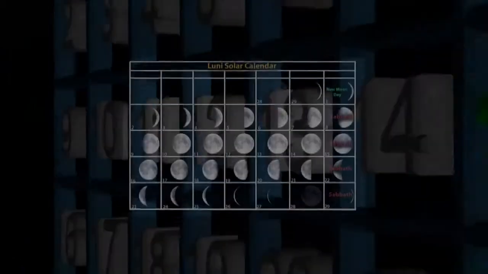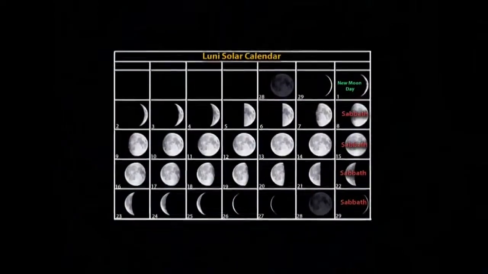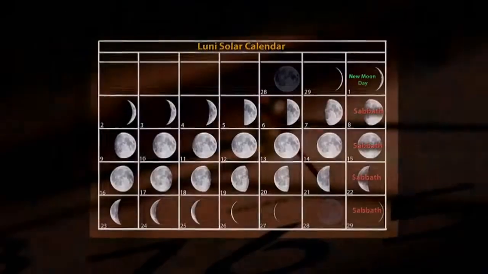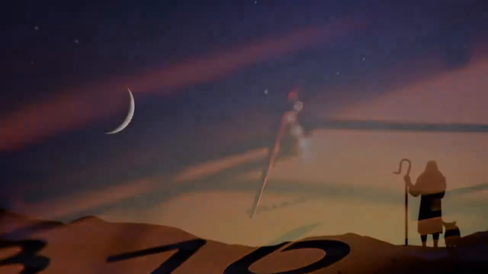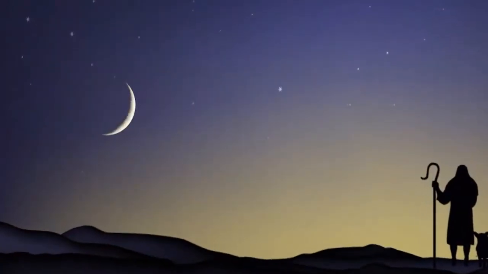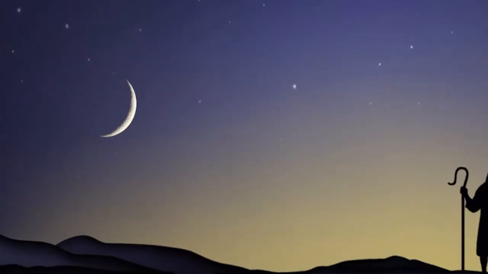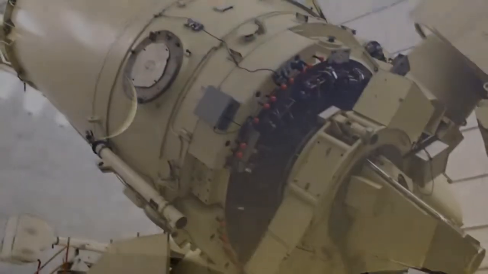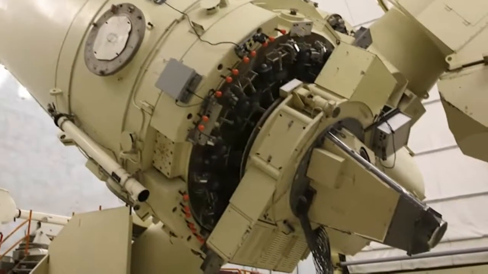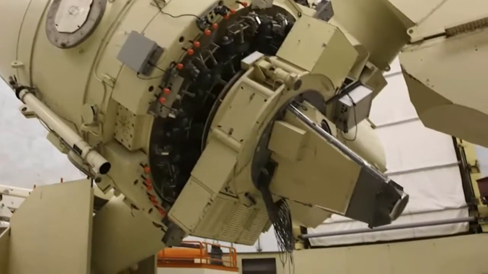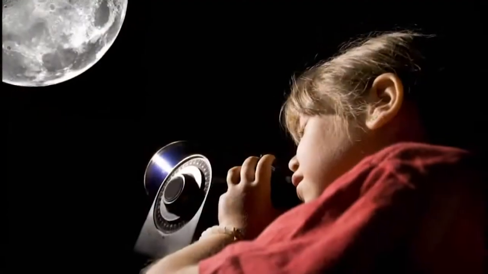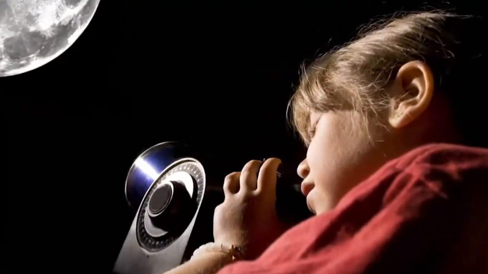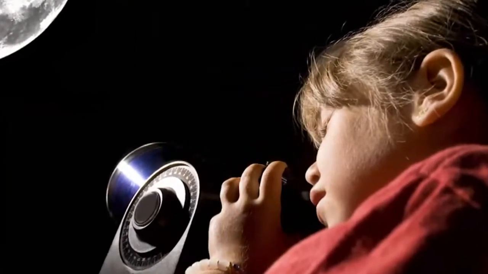The calendar established at creation is lunisolar. It is the most accurate and precise of all timekeeping systems. The shepherd on the hillside can, by observation, be as accurate as the calculations of the astronomer in his observatory. The lunisolar calendation of creation is the only system that is equally accurate by both observation and calculation.